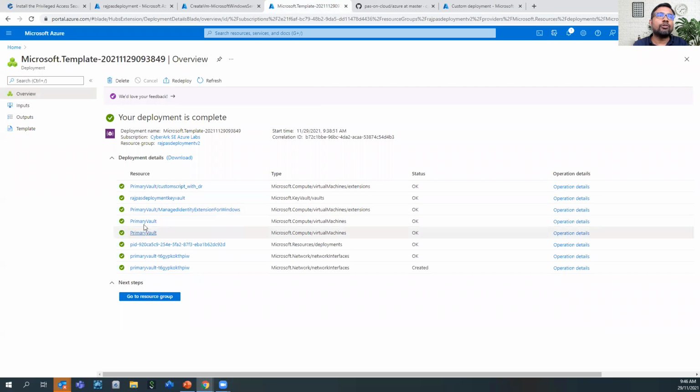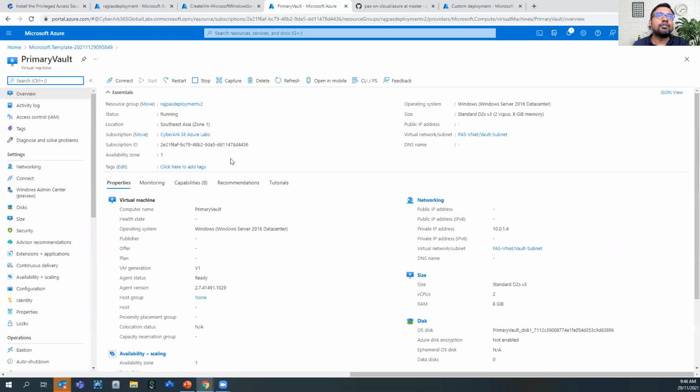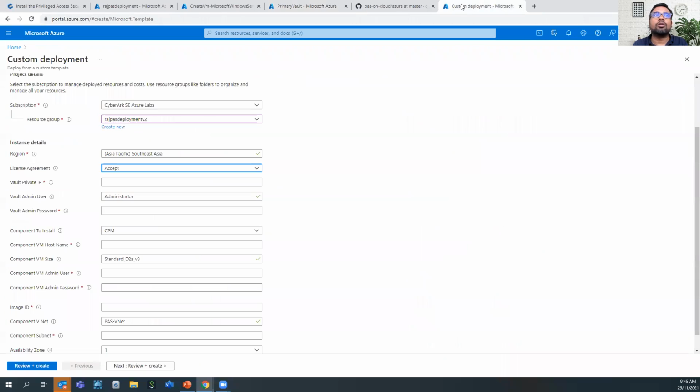So let's look into the vault IP. In my case, the vault IP is 10.1.0.4, so I will use 10.1.0.4. And then you have to supply the password of the Vault admin user.